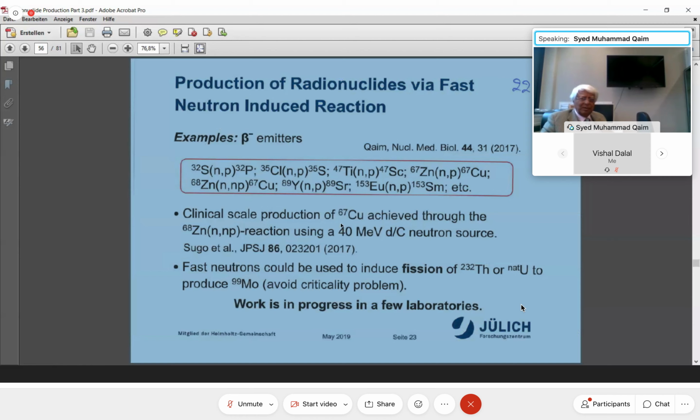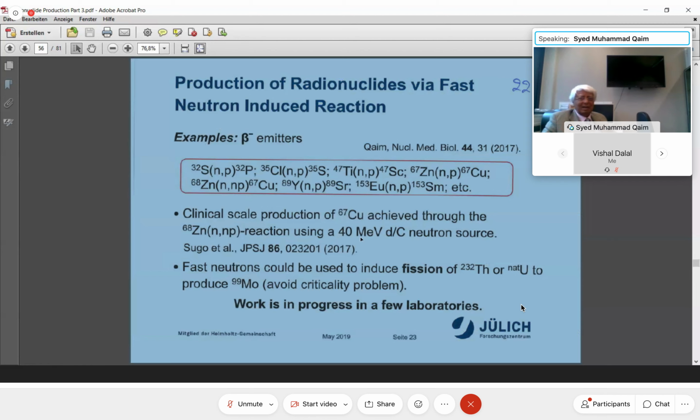You can make use of D-beryllium, or a Japanese group is making D-carbon. They take 40 MeV neutrons and let it fall on graphite. On beryllium one can do, or on graphite. It is also possible, the flux is lower, but it is possible. And using this way, the Japanese have been able to produce, they irradiated a zinc-68 sample, an NP reaction, to produce copper-67, they separated it chemically, and they used it for pre-clinical studies.